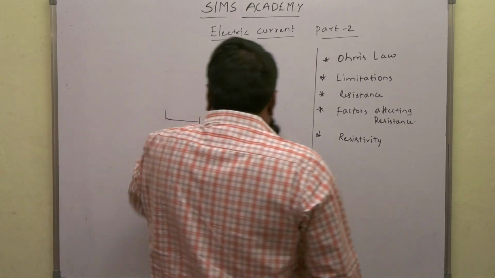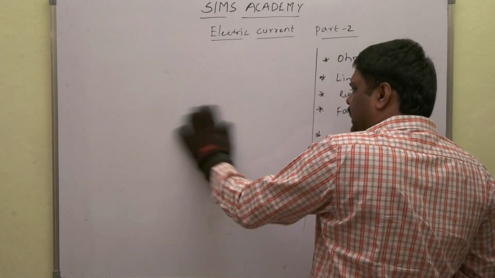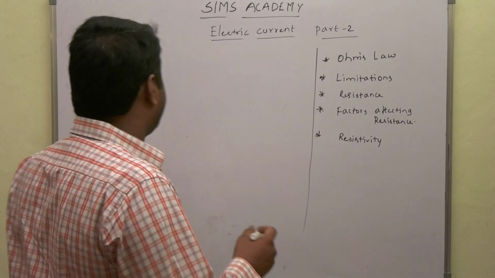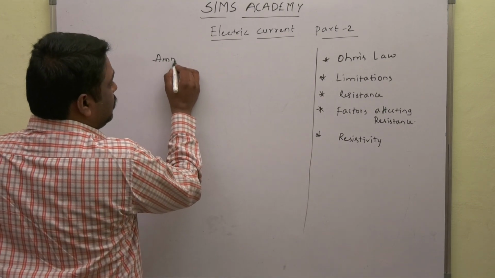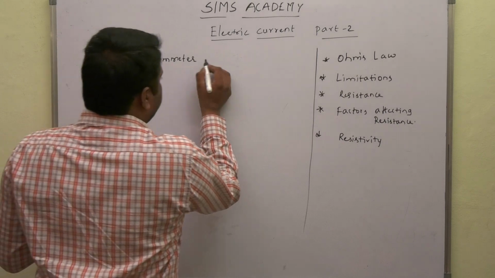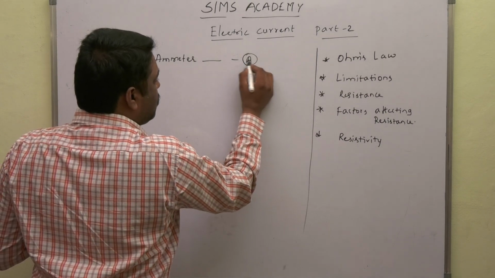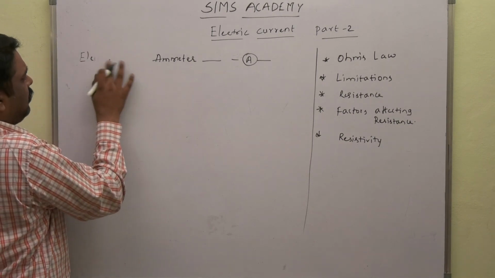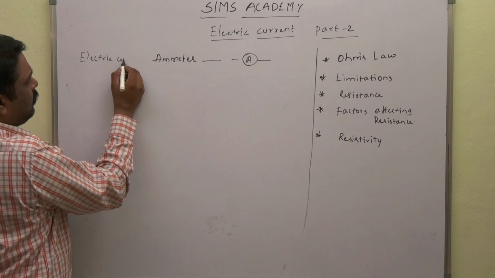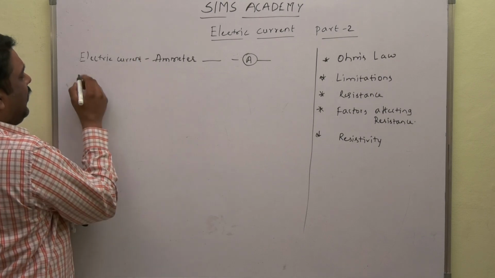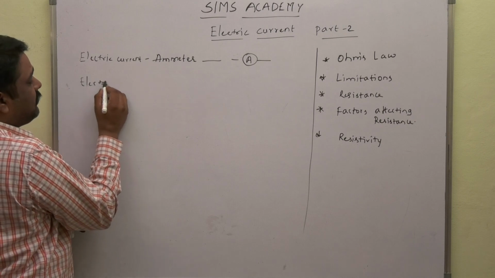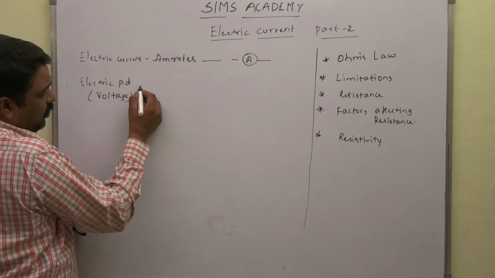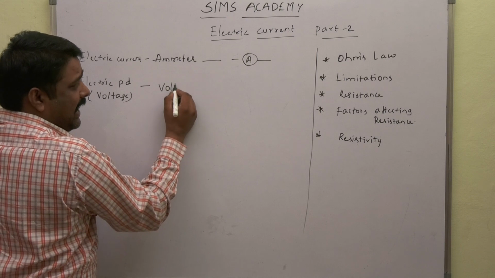Okay, and next, how do we measure electric current? Electric current is measured by an instrument called an ammeter, and it is denoted with this symbol. And electric potential difference, which generally we say as PD or voltage, is measured by an instrument called a